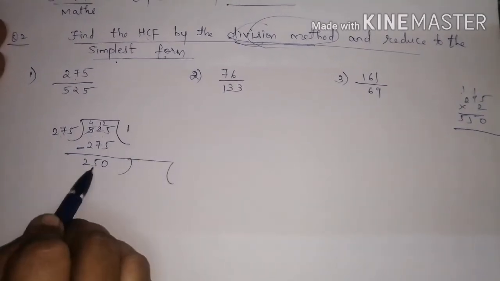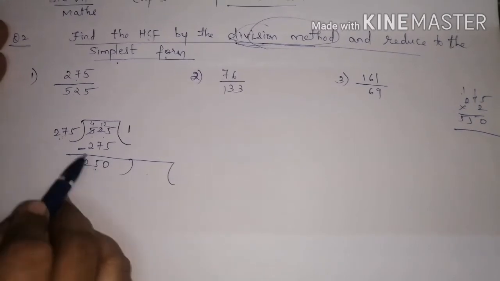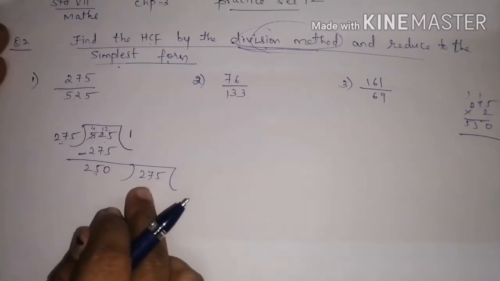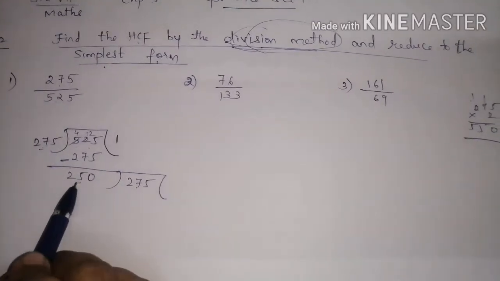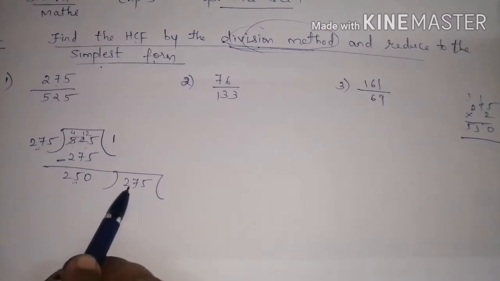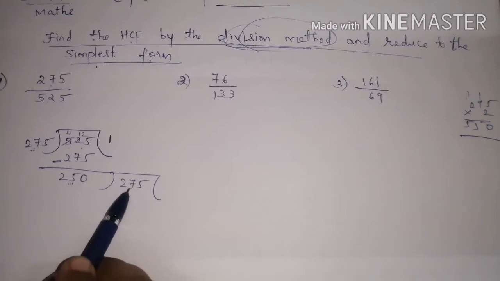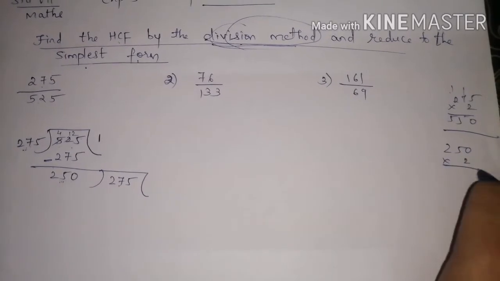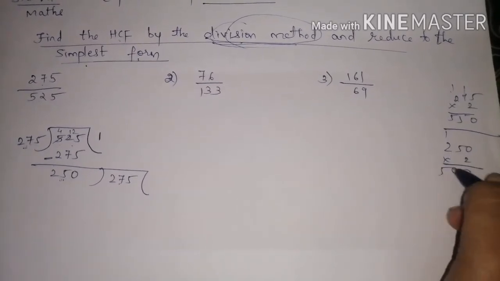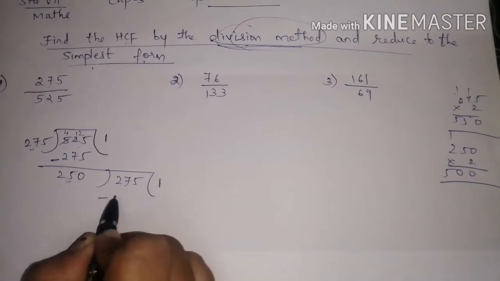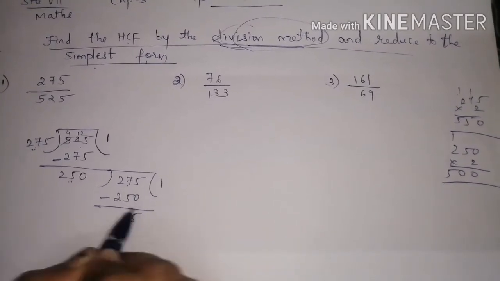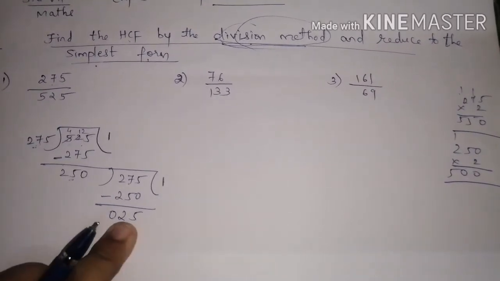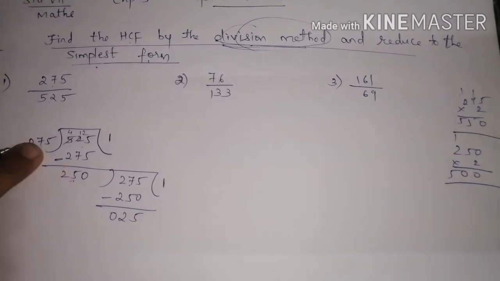Now you will take it here. Greater than 250 is 275 only, so you will take this as your dividend. So 250 is your divisor now. Again you have to think of the table nearest to 250. 250 ones are 250, 250 twos will be more, I think. Again 2 zeros are 0, 2 5s are 10, so 500, it's more, so definitely 250 ones are 250. So 5 minus 0 is 5, 7 minus 5 is 2, 2 minus 2 is 0. You should get 0. If you don't get 0, you have to continue taking these divisors.